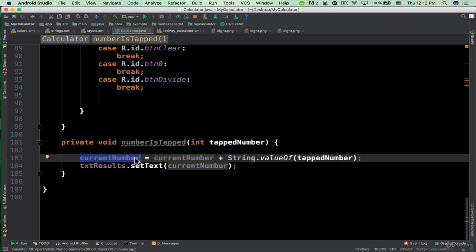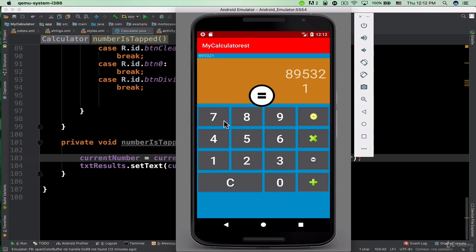So we are going to say currentNumber assignment operator currentNumber plus String.valueOf tappedNumber. In other words, we want to concatenate the current number that is tapped with the value that is tapped again. So for example, let me show you the emulator. For example, we have number 1 that is tapped, right? And when the user taps on number 5,